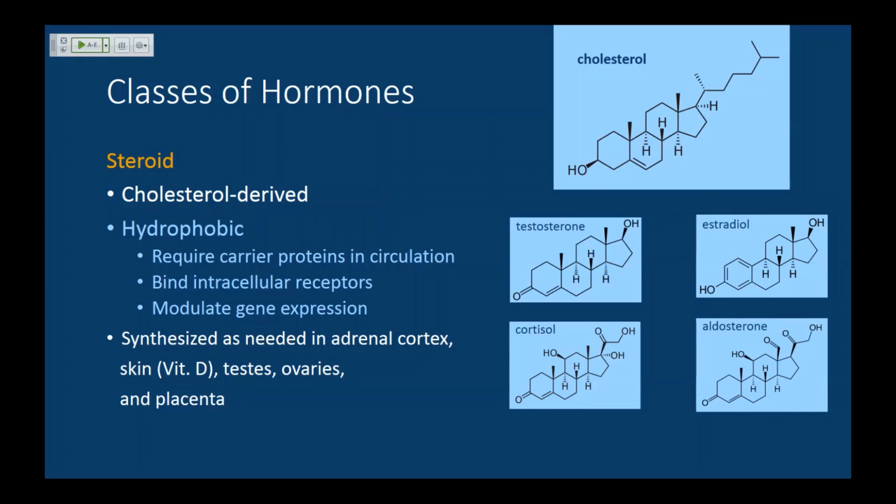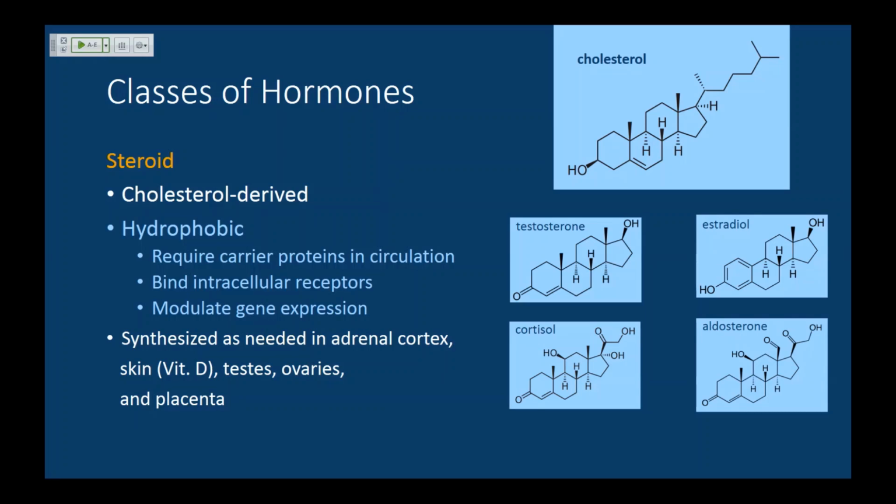Okay, the next class of hormones is going to be the steroid hormones. One of the really important things you need to know about this is they are all derived from the molecule cholesterol. This is basically the parent nucleus that is modified to produce the rest of the steroid hormones. And I've given you some examples down here. As you can see from the four-ring structure and the very hydrophobic structure, these are going to be more lipid soluble, and that has some important implications that we're going to need to know.